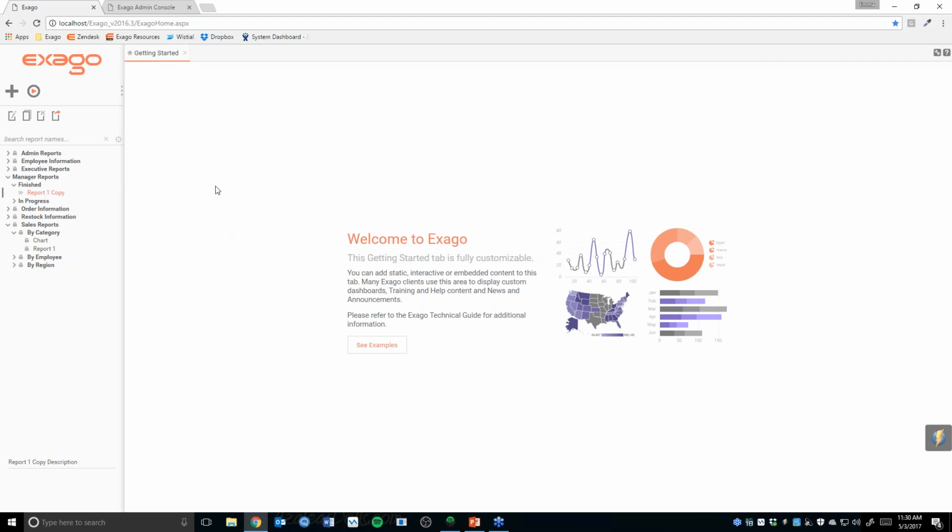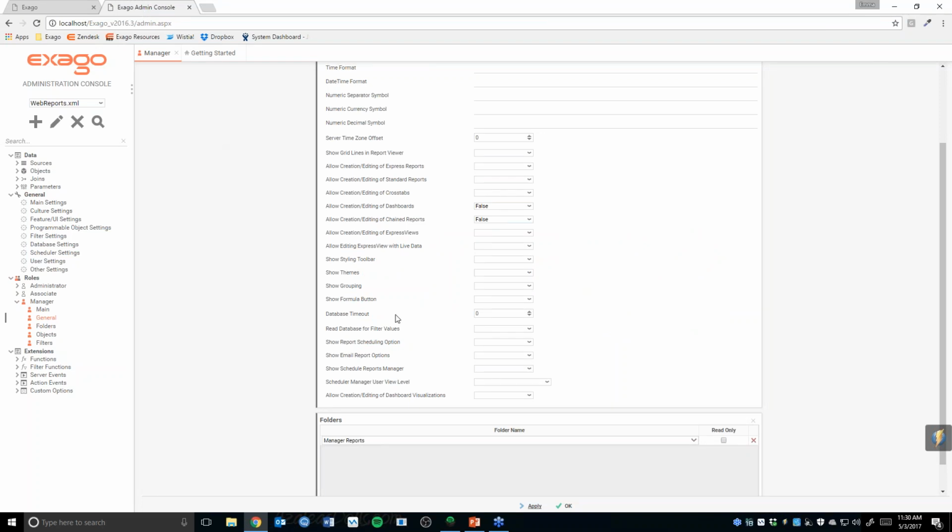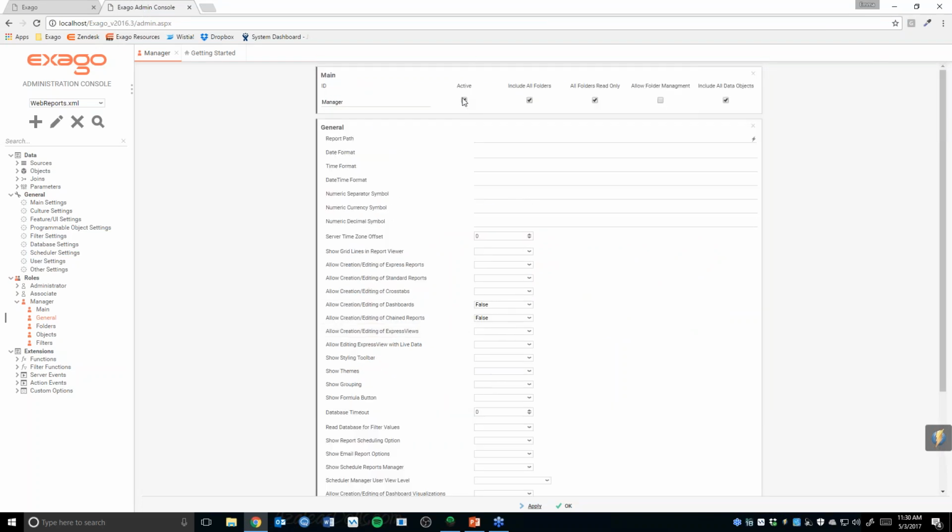All right. Just as a note, before we navigate out of this role, only the manager, so far, of the roles that we've seen, has access to this Manager Reports folder. He's the only one that can see this. His associates cannot see which reports he's copied to work on. They don't know what he's working on. They don't need to know what he's working on. This is his report folder. All right. So now, if we deactivate this role,